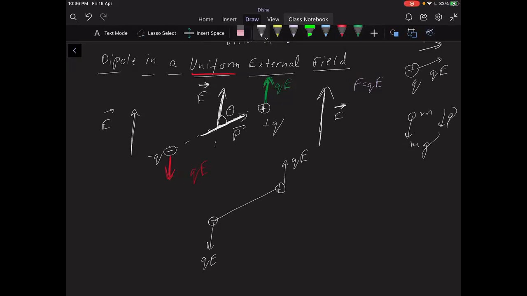The torque, whose formula I totally forgot, I know, is going to be, this is theta, this will be QE sine theta, this will be QE sine theta. No need to worry about the derivation, I'm just writing it, you can look at it later. But the torque is going to be QE sine theta into distance, which is A for each of these forces. So into A into 2, because there are 2 such forces.